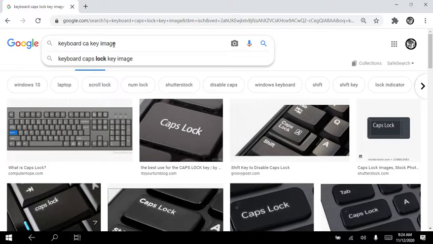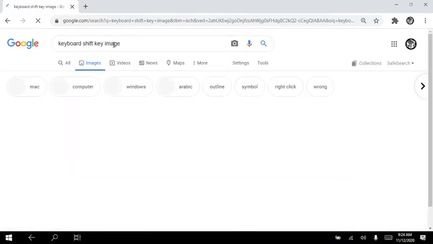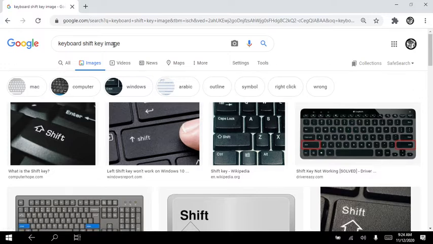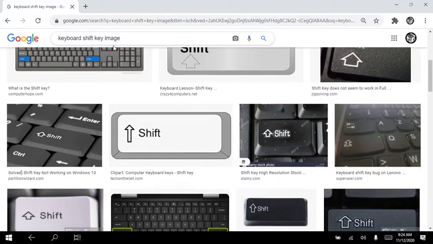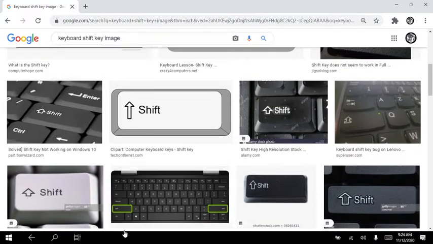The next one is shift key. You can use the shift key also once you hold and use it. There are two on the keyboard, one to the left and the other to the right side of the alphabet keys. Remember, shift key is used in combination with other keys. When shift plus any number or any alphabet is used, it does the operation. This is your shift key, on the right side and left side of the keyboard like this.